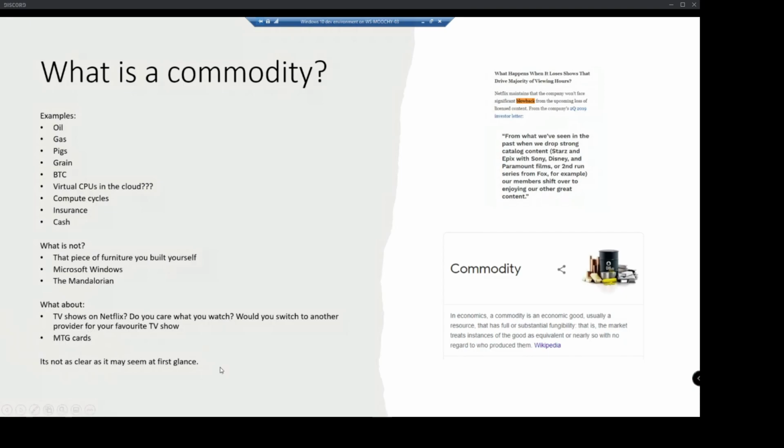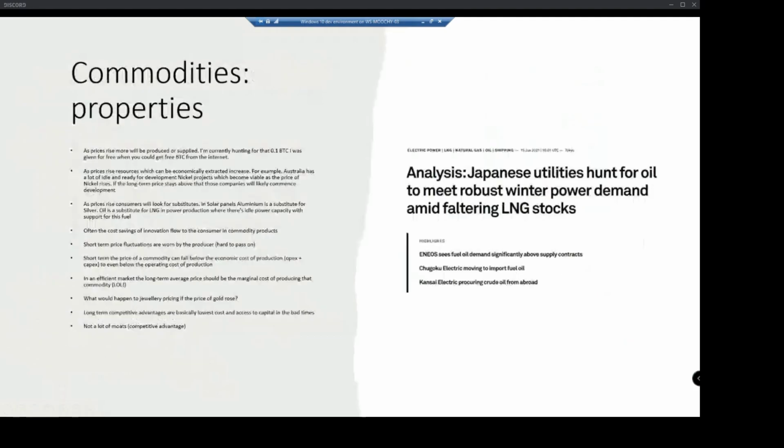Potentially they're a commodity, but also potentially they're not. So that was an interesting one. I had an idea at the time, but obviously I didn't write it down, and I don't remember it in my early morning haze. But the main point there is that it's pretty clear with oil and gas and things that they're commodities. But when you start getting down to this stuff, it can get quite weird. News is another one that's interesting, where it sort of is and isn't a commodity.